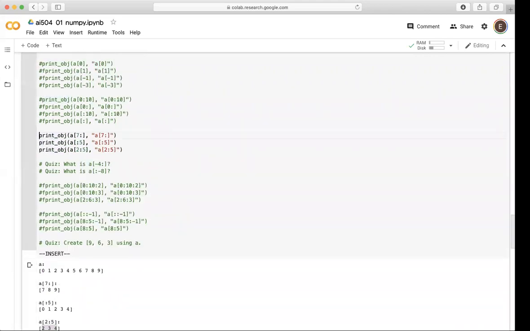All right, moving on. Also quiz. What is A[-4:]? Right, okay, so very fast. Some of you already know NumPy, some of you are very familiar with it. And next one,